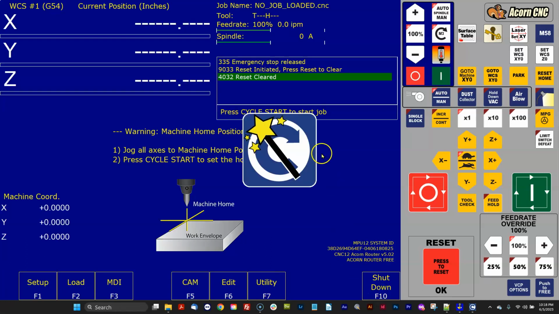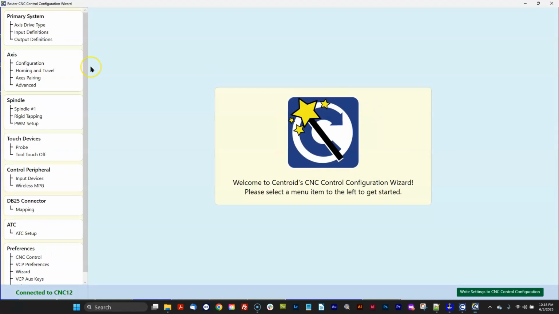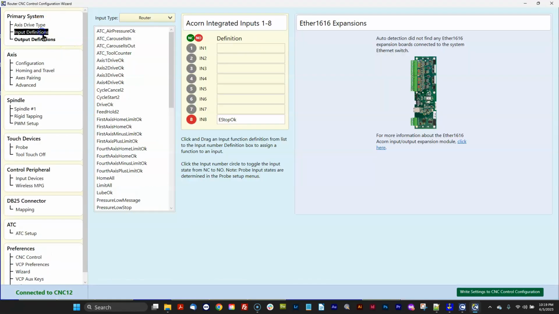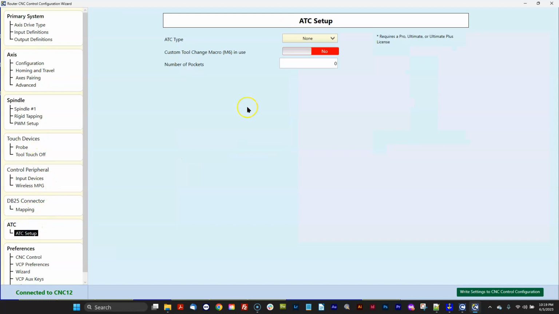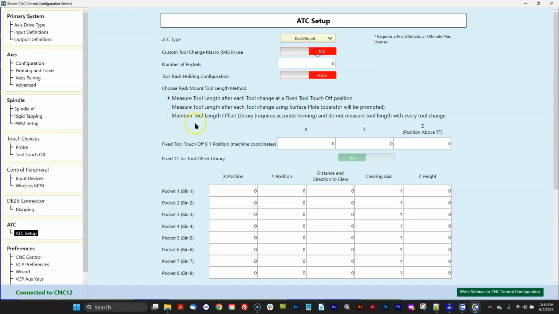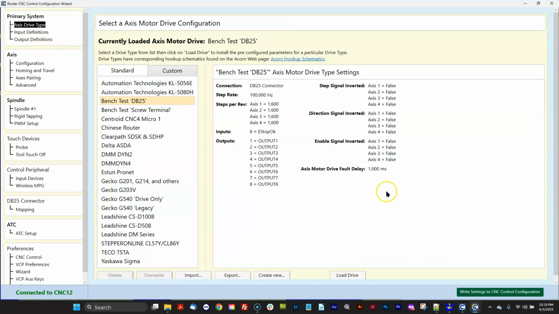And related to this, but kind of assumed, before you do any of this, go back into the wizard and reset all your parameters and everything with those screenshots that we made out of the 482 wizard, because there's new stuff here in the 5.0 wizard about tool changers and other things that have been improved. So you want to run through this wizard, get all your data over, hit write settings to CNC control,